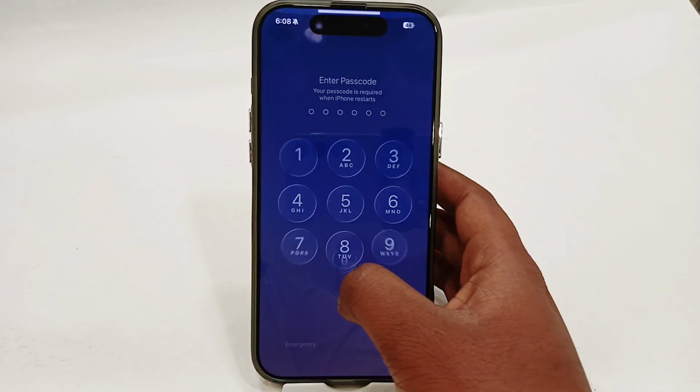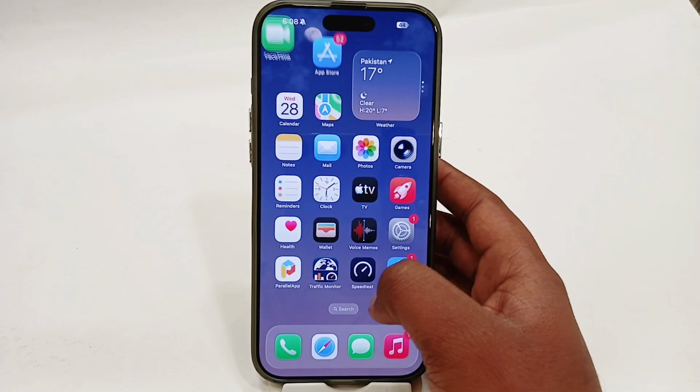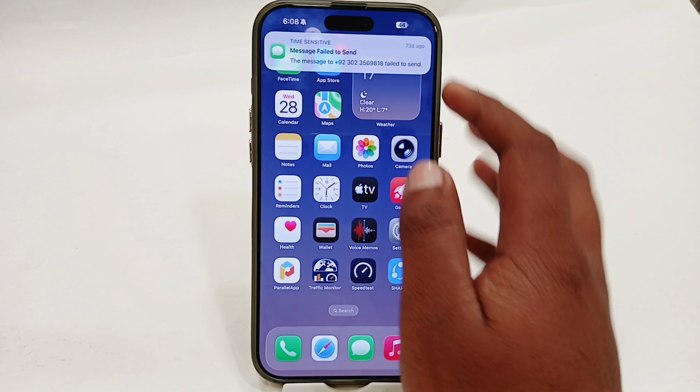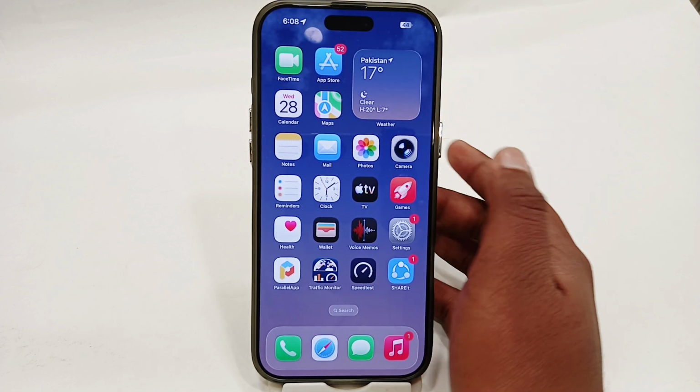After restarting, just unlock your phone, and here you have to retry to check if your issue has been fixed or not. So your issue might have been fixed, or if it's still not fixed,